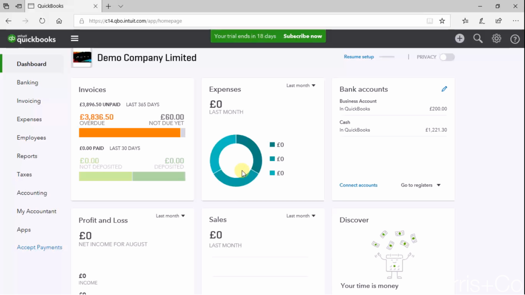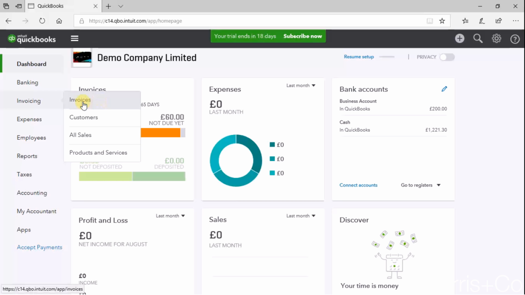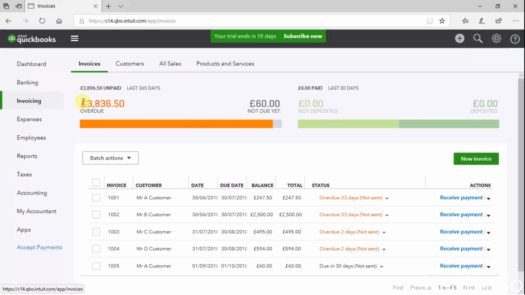To do this then, here we are on the QuickBooks dashboard. We move our cursor over to the left hand side menu, which is currently over invoicing. We then select invoices. And what that does is then takes us through to our history of all our sales invoices that we've ever raised, the ones that are due, the ones that have been paid, etc. Today what we're interested in is creating a new invoice. So if we move over to the right hand side and click on the new invoice button,